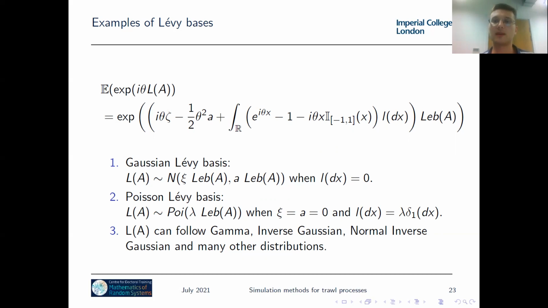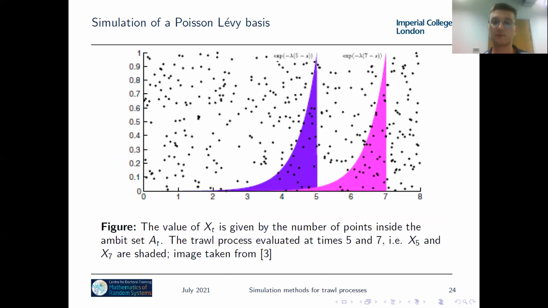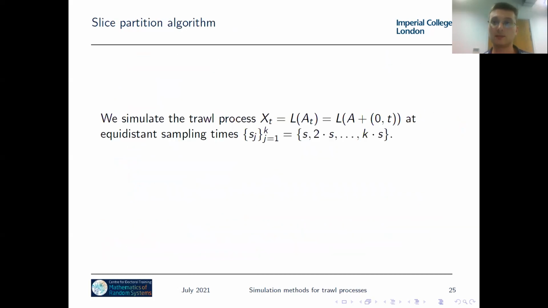The second problem is that simulating probability distributions with a truncated support can be a bit tedious because such distributions are usually not included in standard computer libraries. In order to address these issues, we propose the following simulation algorithm called the slice partition algorithm,